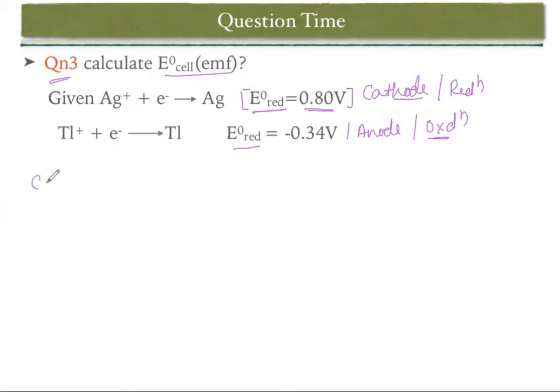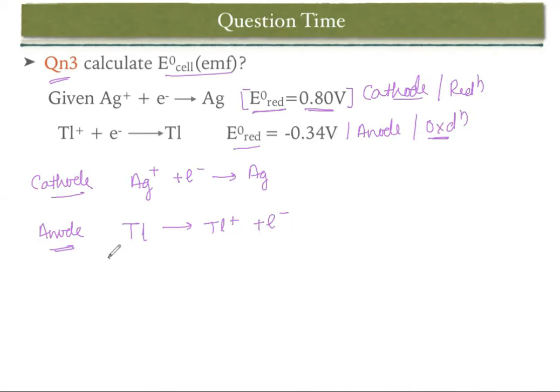First, we have to write the cathode reaction. So which one is the cathode? That is Ag+ plus 1 electron will give Ag. Okay. And the anode reaction is, as you see, thallium plus 1. So you just reverse the reaction because we have to write the oxidation. So Tl is going to give Tl+ plus 1 electron. Now, in both cases, as there is one electron, they will be cancelled out.